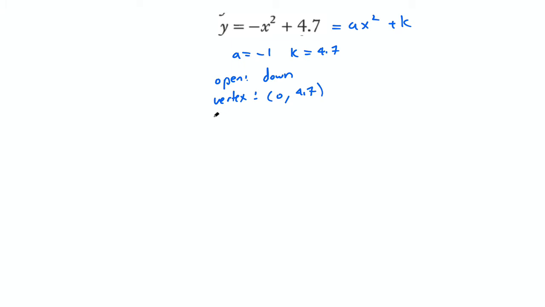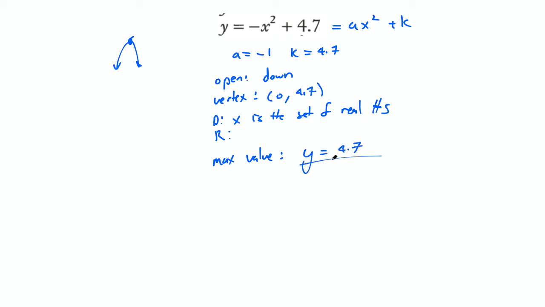All right. Now for the domain and range, the domain, we know that for any parabola, the x value is the set of real numbers. But for the range, we need to first figure out whether it's a minimum or a maximum value for this parabola. And because it's pointing downwards, we know that the value over here is going to be a maximum, okay? So we're going to have a max value. It's going to happen at the y value of the vertex. So y is equal to 4.7 is going to be our maximum y value. So the range has to be, the y has to be less than or equal to the maximum possible value, which is 4.7,